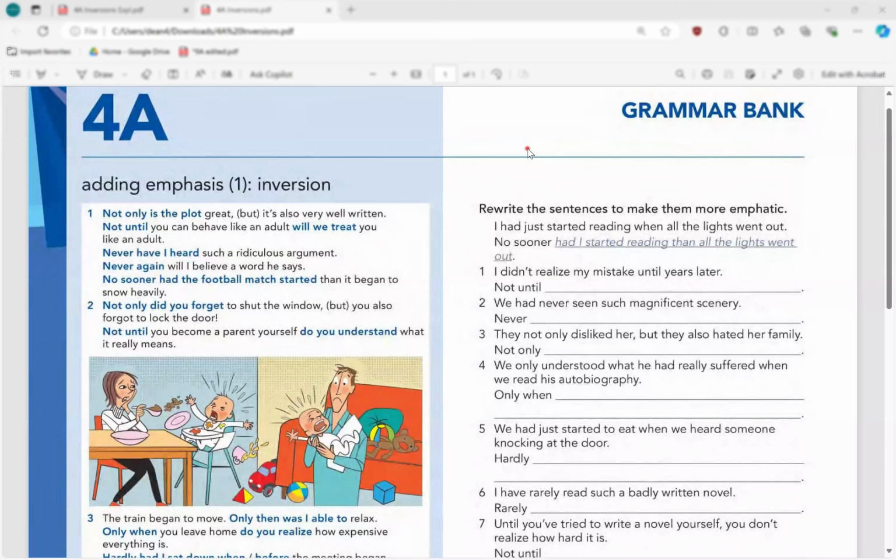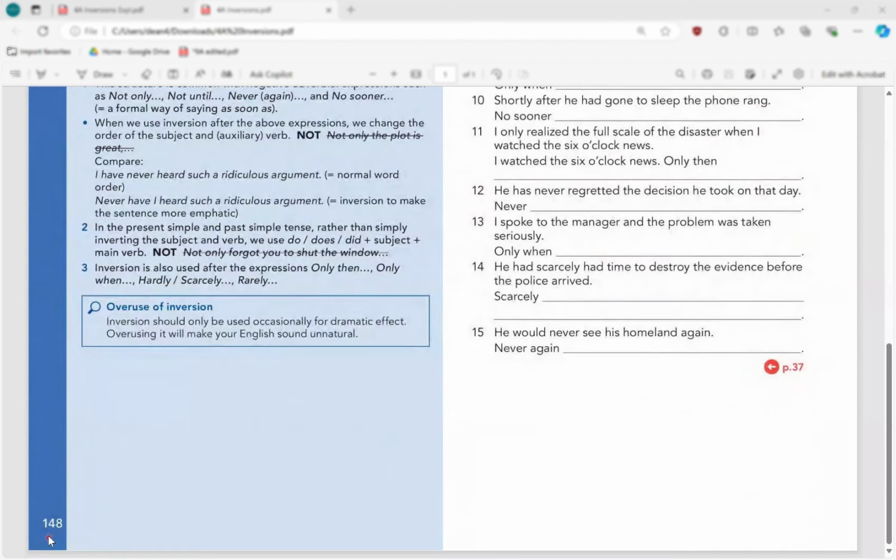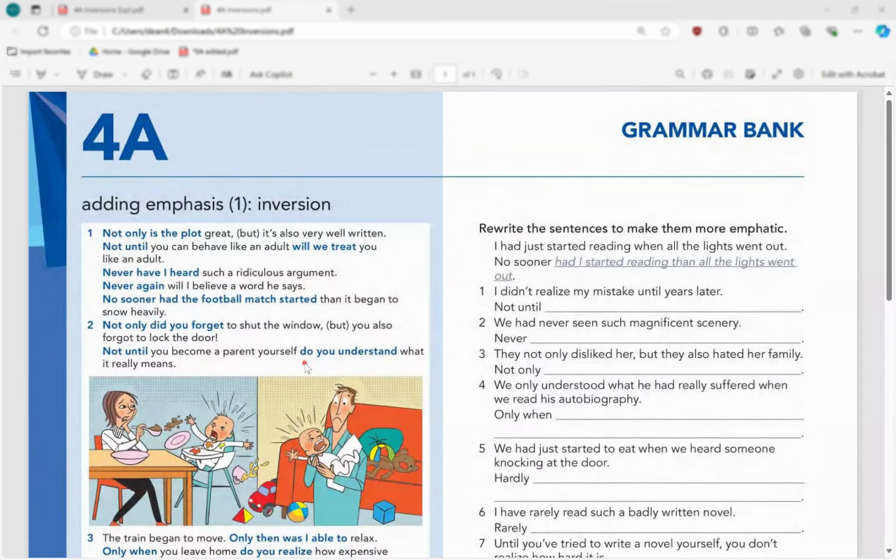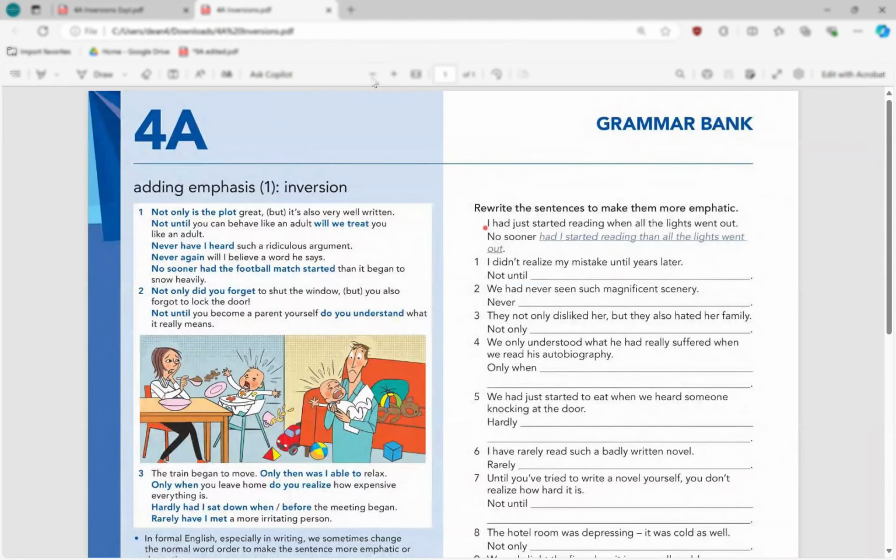All right, guys. So in this video, we're going to discuss something called inversion. So this is advanced level. The book is English File and Grammar Bank, page 148. All right. So when you look at this page, you can see that they've divided